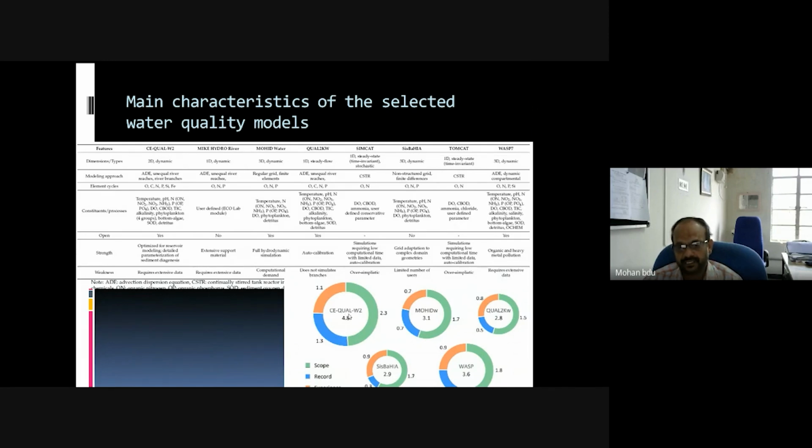Here again we can see CE-QUAL-W2 is a very widely used model, and it's a 2D model. And you can see the element cycles of oxygen, carbon, nitrogen, phosphorus, and iron, and the processes like temperature, pH, dissolved oxygen, phytoplankton. So if we are interested in all these parameters, then CE-QUAL-W2 is the best suited